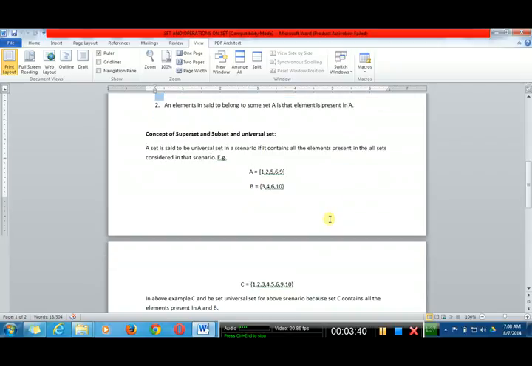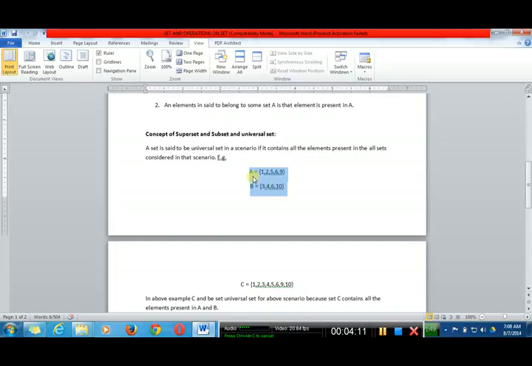Now the concept of superset, universal set and subset. Keep in mind that this is oftentimes confusing when students study sets for the first time. A universal set is not universal. Keep this in mind. This name universal set is misleading. Universal set is nothing but a set containing all elements present in the participating sets.